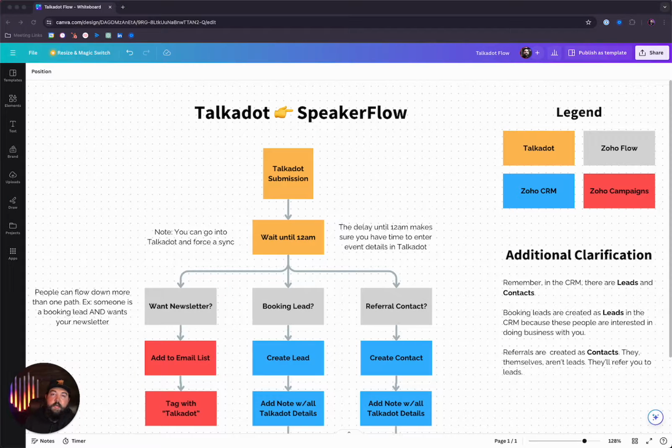If you are wondering how the Talkadot and SpeakerFlow automation works, well, I've got to congratulate you. You have come to the right place. Now, this is not the technical deep dive of how Talkadot talks with SpeakerFlow and how all the automations flow and all of those technical intricacies. So don't sweat. I don't know if you can tell about my beautiful Canva whiteboard, also linked below this video